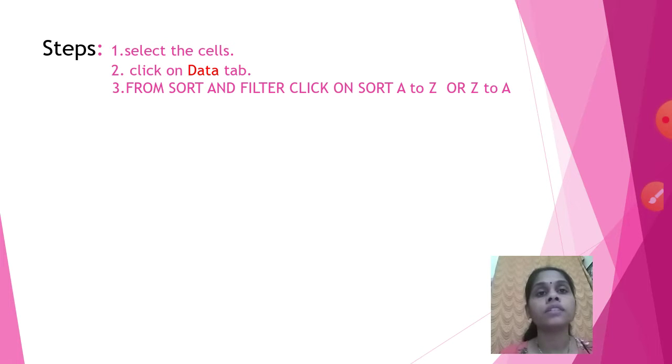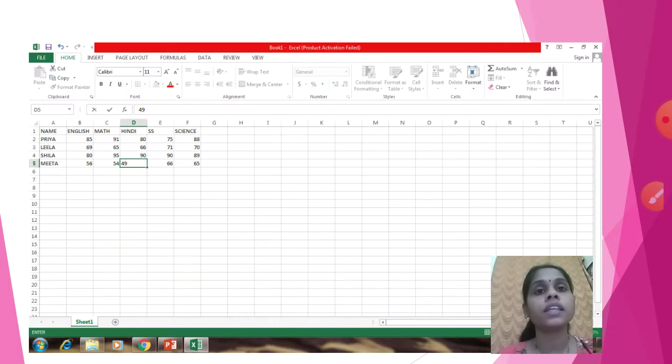The second step is you have to click on Data. When you click on Data, submenus will appear. From that submenu, select Sort and Filter. You will see Sort and Filter. From that you have to select Sort. And from Sort, whatever type you want, from A to Z, that is ascending, or from Z to A, that is descending, whatever you want, you may choose it. Now for the third step, next we will see it directly.